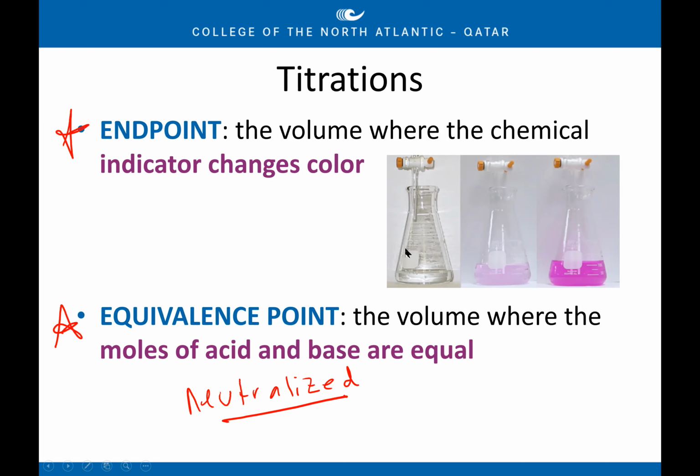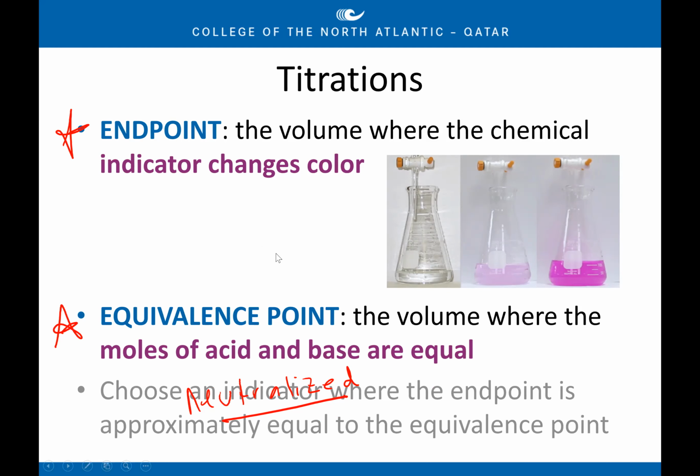You're going to mix an acid and a base together. And you're going to personally look for the end point where the solution changes color, but what you're actually calculating is the equivalence point, and that's where you have neutralized the solution. The moles of the acid and base are equal. And it mentions at the bottom of the slide here to choose an indicator where the endpoint and equivalence point are